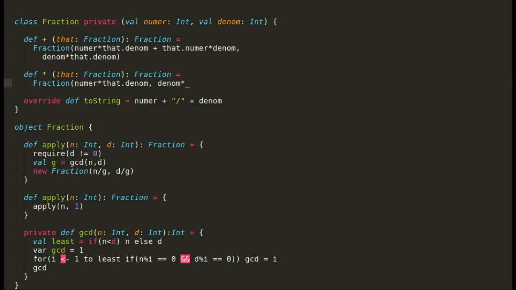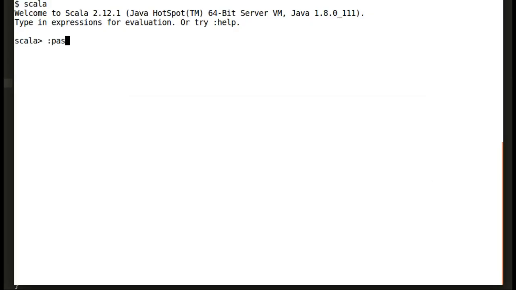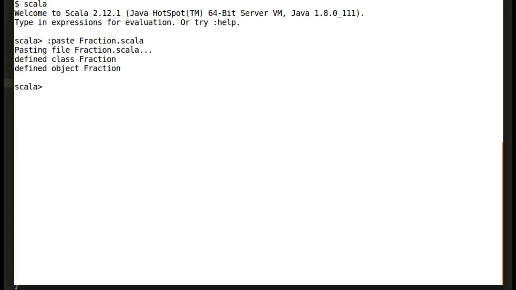In order to write the multiplication method, we'll again need another instance of fraction. Multiplications are rather simple than additions. So in order to perform multiplication, we would be multiplying both numerators and denominators. Let us bring our code back into the Scala shell,